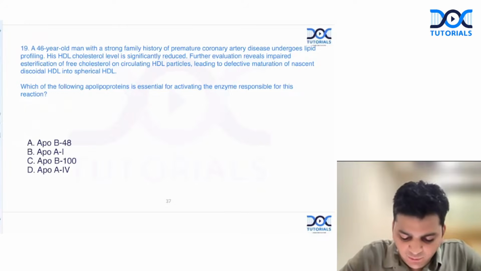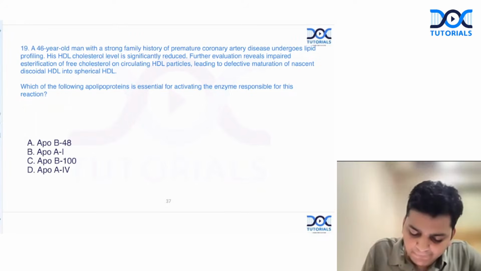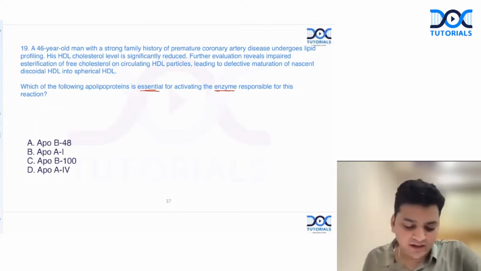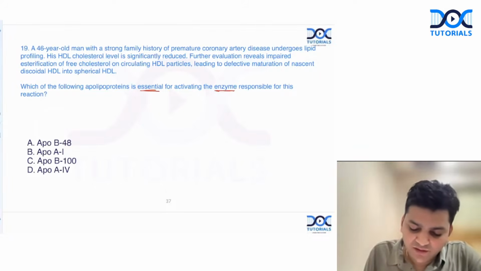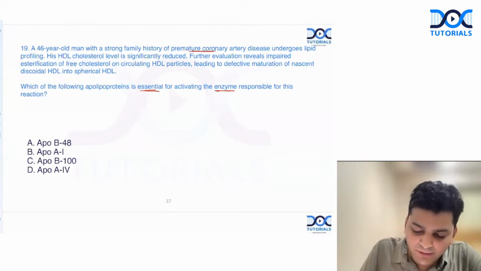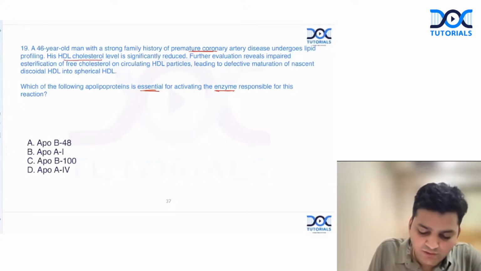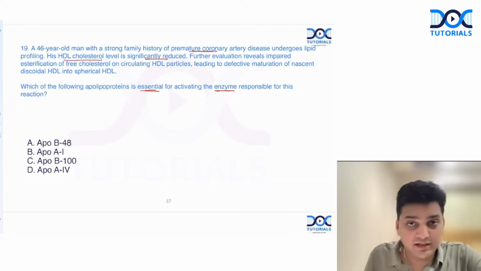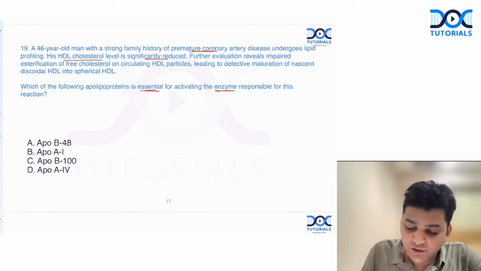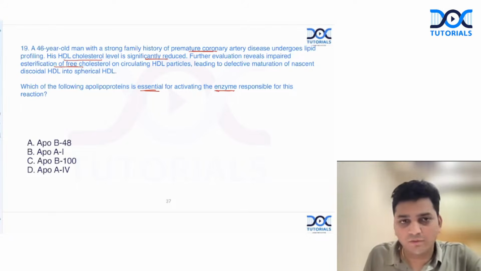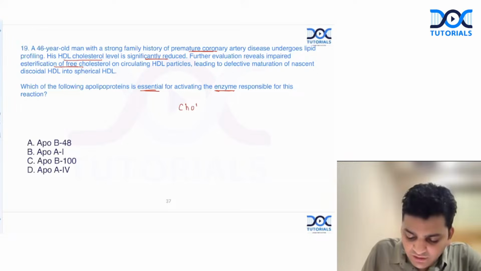Which of the following apolipoproteins is essential in activating the enzyme responsible for this reaction? Now, what they are saying is that a 46-year-old man, strong family history of premature coronary artery disease, undergoes lipid profile. The HDL cholesterol levels are significantly reduced. The HDL is less. The further evaluation reveals the impaired esterification of the free cholesterol. Now, what is the meaning of esterification actually? See, the cholesterol, when it is there in the peripheral tissue,